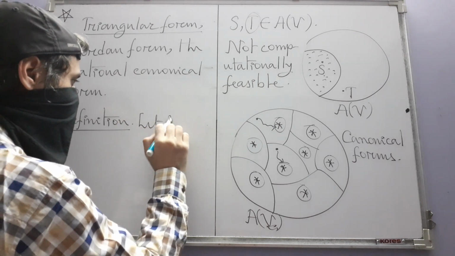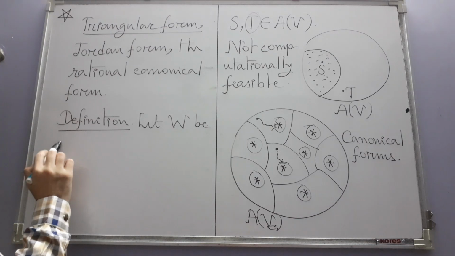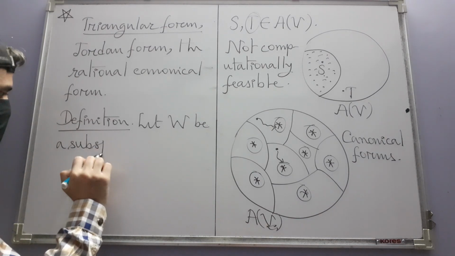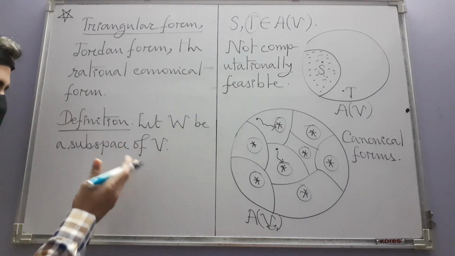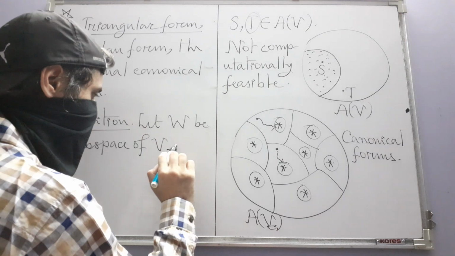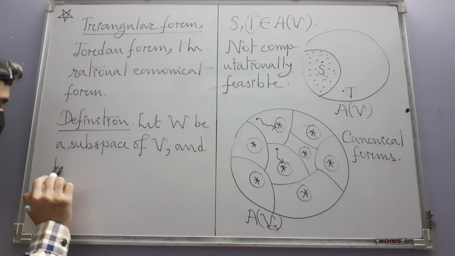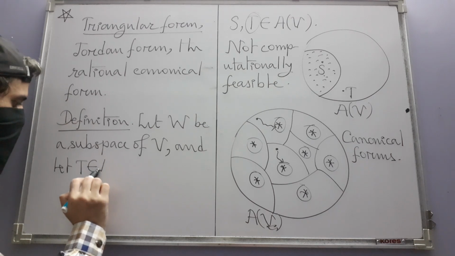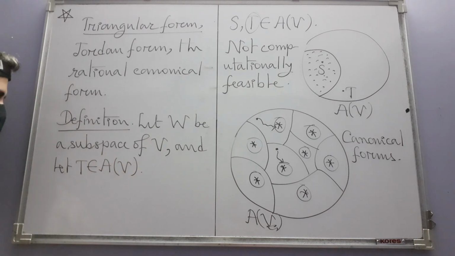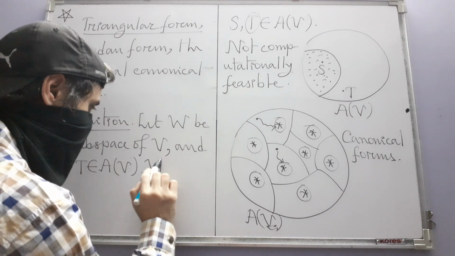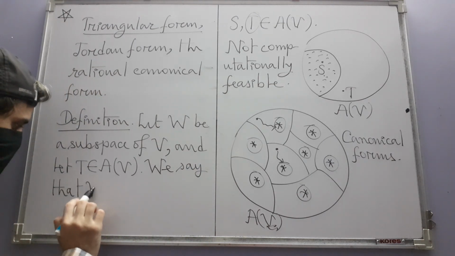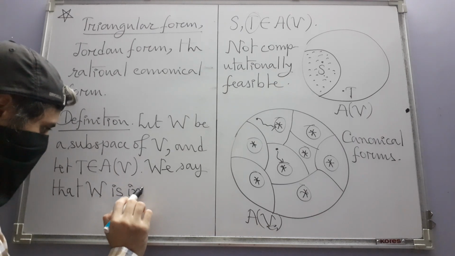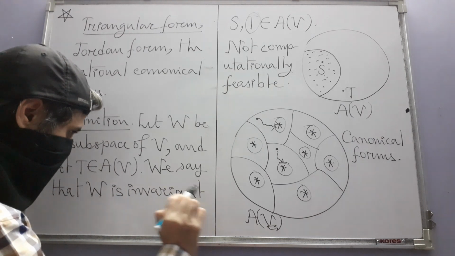Let W be a subspace of V. Okay, so that means V is a vector space, and let T be a linear operator on V, coming from the operator algebra A(V). We say that W is invariant